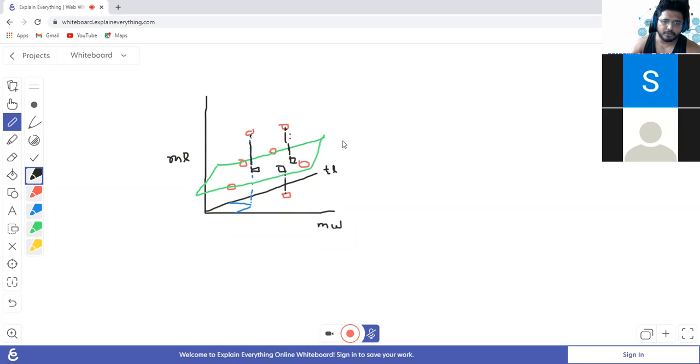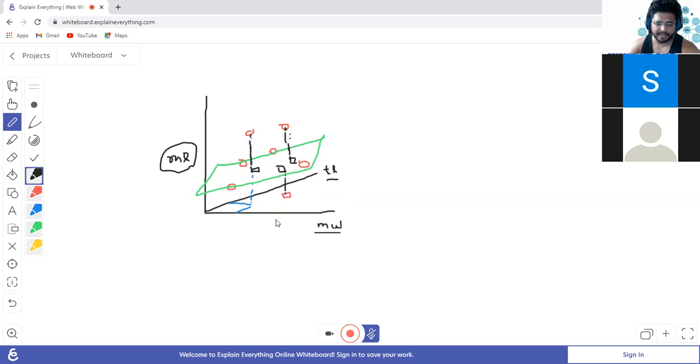But we cannot view more than 3 dimensions, so we cannot draw that on the board. But it is very well possible that we have multiple parameters using which we are predicting the mouse length. Here we are using mouse weight and tail length. We can very well use the mouse age also, another parameter we can add. But since we cannot visualize that on a 2-dimensional screen, I cannot draw it, but very well it can be drawn.